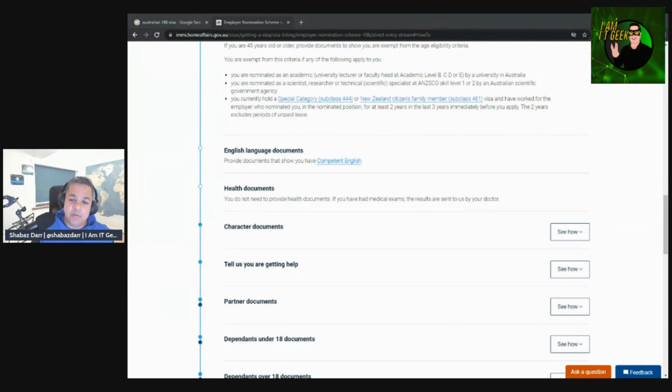The family application was a lot easier. Even though there's a lot of things to get, I found it a lot easier. There were only a few things I had to sort out. One of them being the criminal record, because obviously I had to apply for that. Again, there's a cost to that, like 50 quid or something like that each. But all the other stuff, like bank statements, the utility bills, the marriage certificate, the birth certificates, I already had. So that wasn't a problem. That was quite straightforward. So once that was all done and completed, again, I sent that to Concept